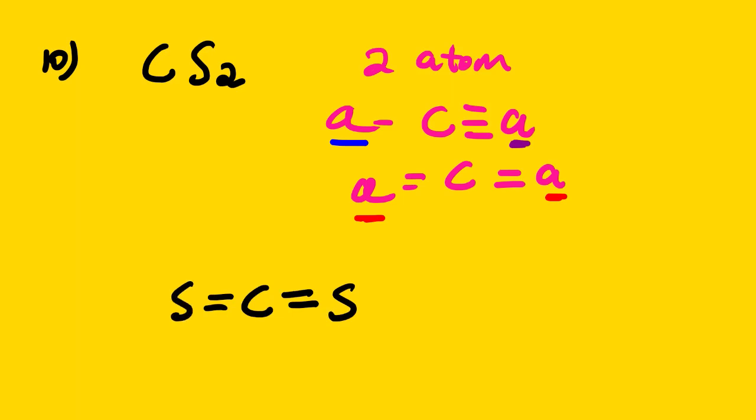Then we should put our lone pairs. Then when you count, we have 1, 2, 3, 4, which is 2, 4, 6, 8. It is correct. Then for carbon, we have 2, 4, 6, 8. It's also correct. Then that sulfur is the same as this one, so it means it is identical. So this is the correct Lewis dot diagram. Our next one is